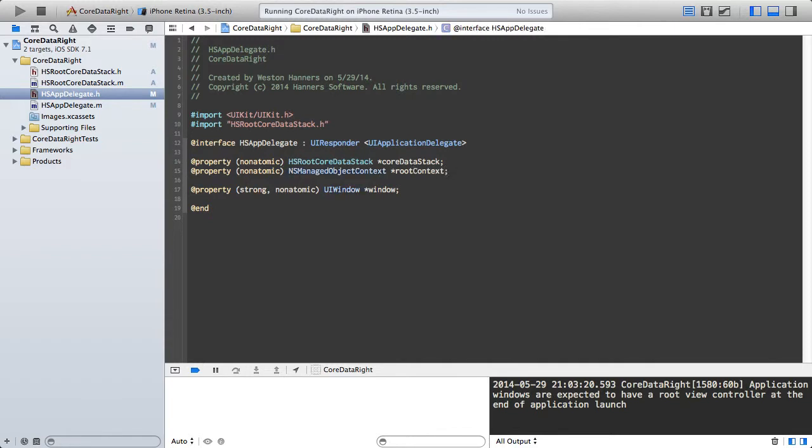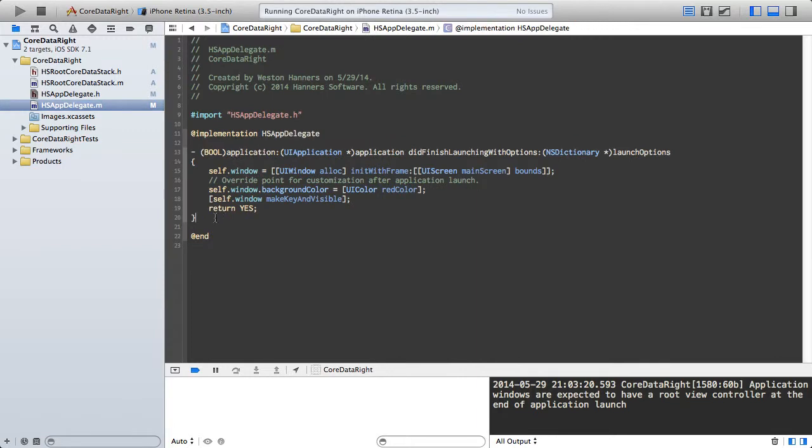Now this is just a convenience accessor. You really don't need access to this. You can always do coreDataStack.rootContext. That works fine as well. But I'm just going to keep this in here because it makes a nice little place for us to create everything. So what we're going to do is create a method down here,